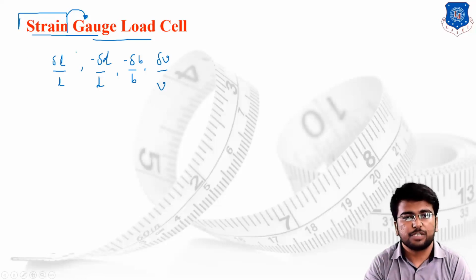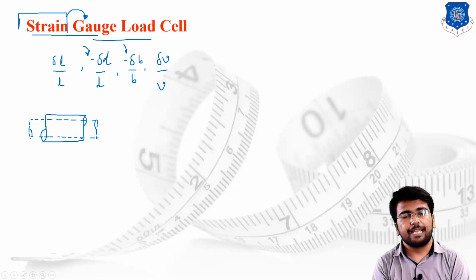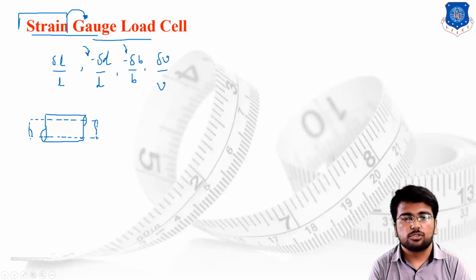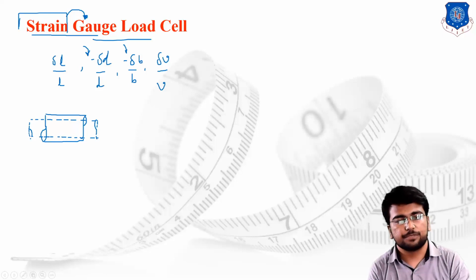Here from the figure you can check, I have put a negative sign in the two equations because suppose a bar is utilized to check the value of the strain. If the length increases, then the cross sectional area of the bar will decrease, because we are assuming a constant material. So if the length increases, then the diameter or the width of the given section will decrease. So it is necessary to put a negative sign if we are using the same element with different strain values.